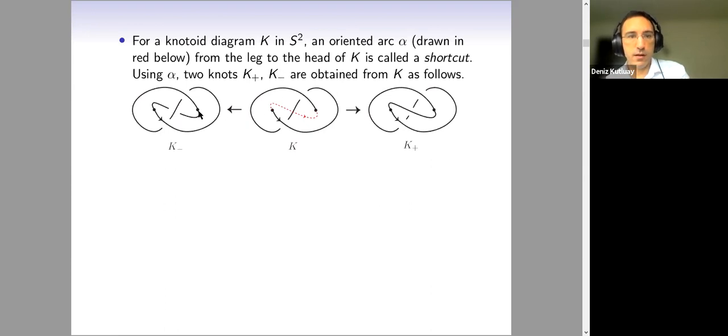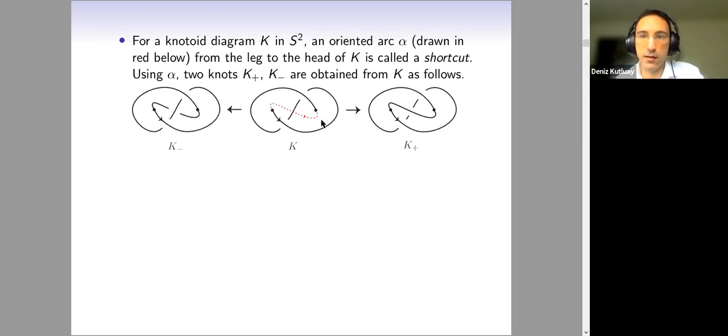Now, let's take a knotoid diagram. For example, this diagram in the middle is the knot diagram that I showed you before. Now, you can draw an oriented arc from the leg of the knotoid to the head of the knotoid, an oriented arc like this. I showed it here with this dashed red line. And we call this arc a shortcut. And using a shortcut, we can define